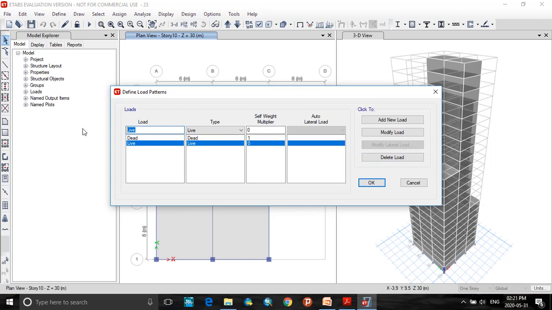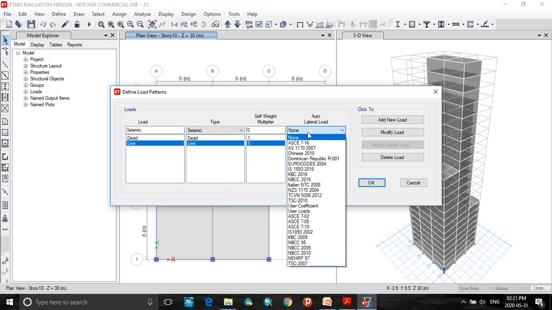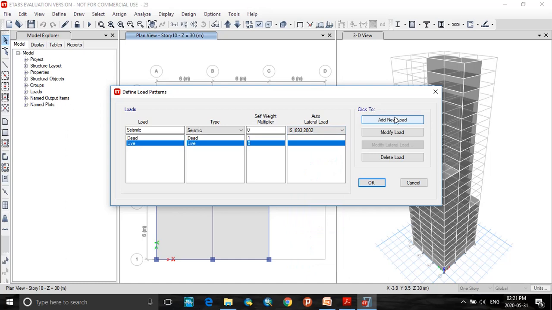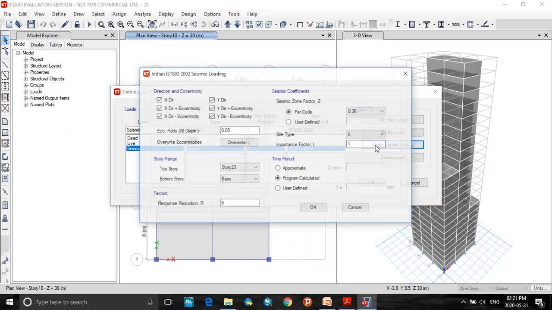Now input the new load, that is the seismic load name. For load type, select Seismic, and select auto lateral load for Indian Standard 1893/2002. Add new load, then click on modify lateral load.